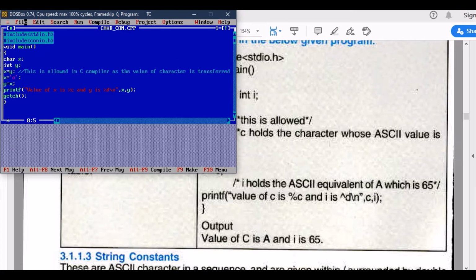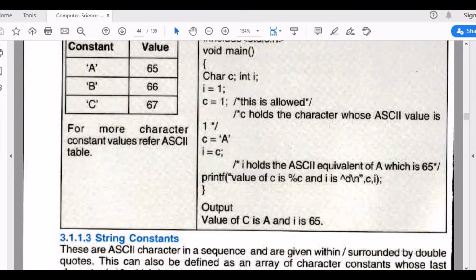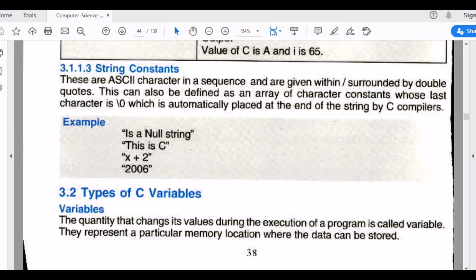So always remember C is case sensitive. You can assign values to other variables. Now string constants. String constants are those denoted by double quotations, ending with \0, a null value.